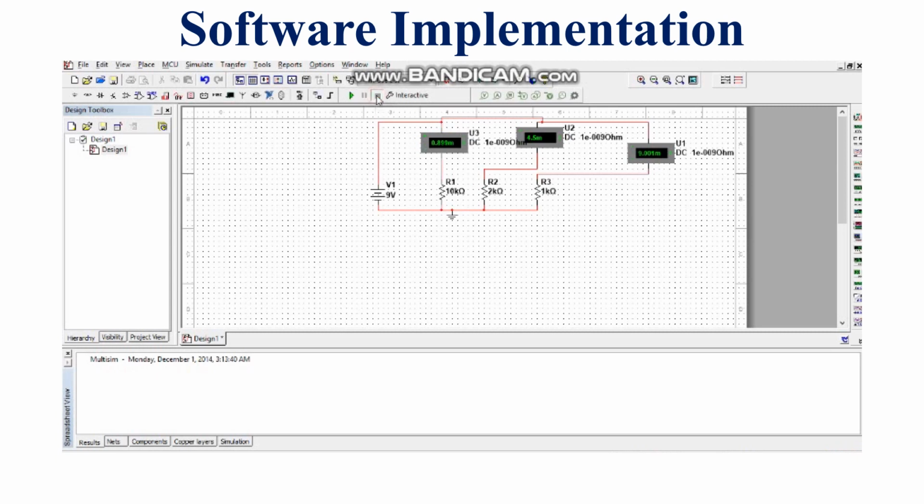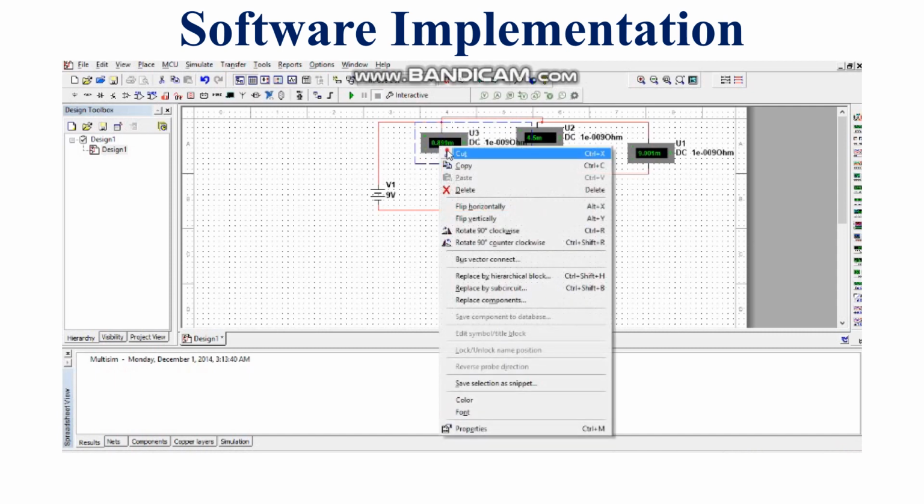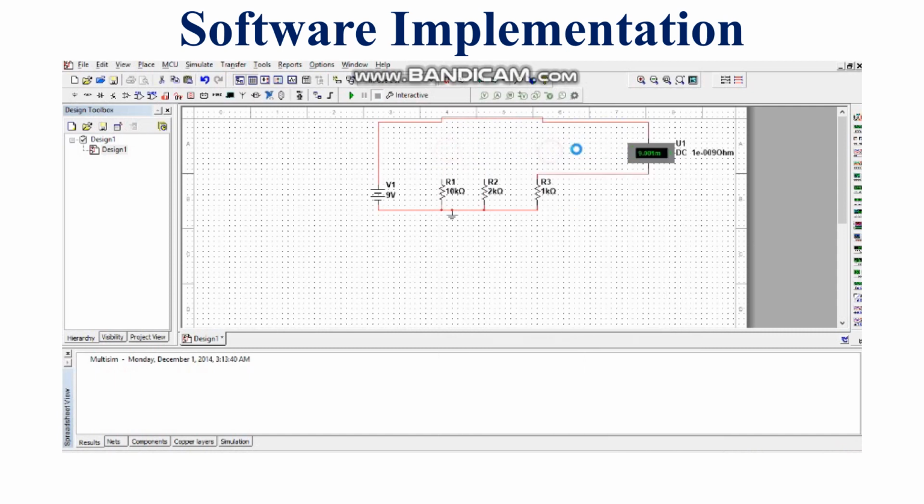So the next step is basically the implementation of voltmeter in this circuit for the measurement of voltage in this parallel circuit. So we have to place the voltmeter across the parallel connection across these resistances, because a voltmeter will always connect in the parallel fashion in this network. So disconnect firstly all these ammeters and connect all these terminals again like previously we have done.